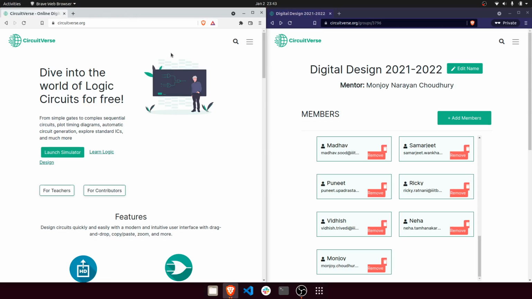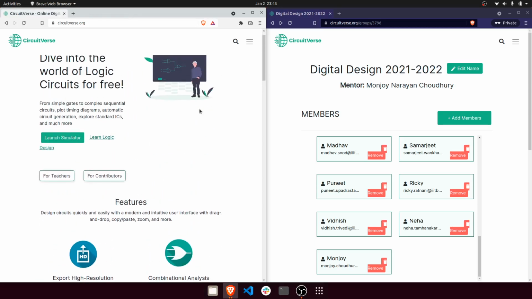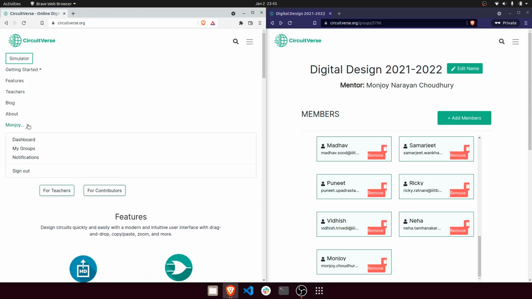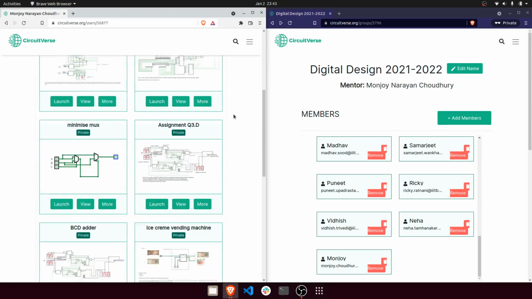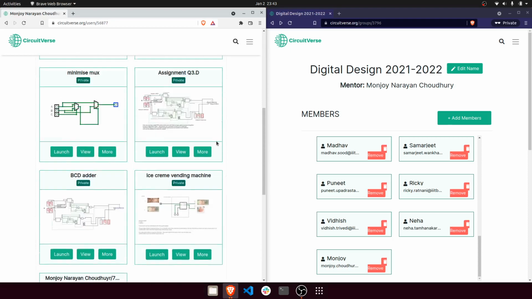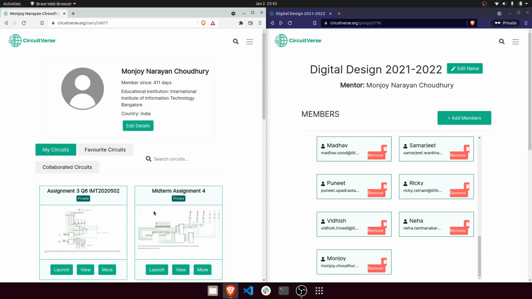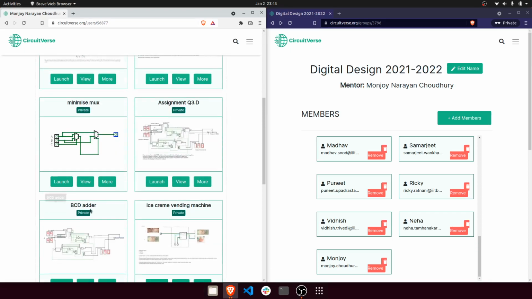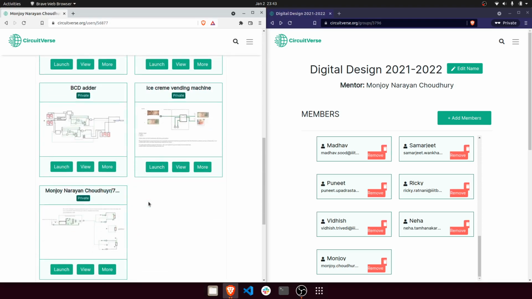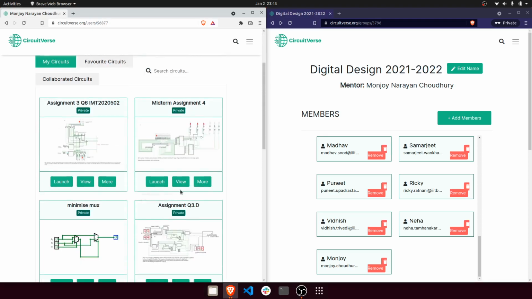So on the student side of things, after you have joined the group and signed in successfully, you go to your account, go to your dashboard. These are submissions I made last time. So you can see your submissions here. They are mostly private. They will be private in your assignments. Please don't make them public, because if you make them public, everyone can see it.